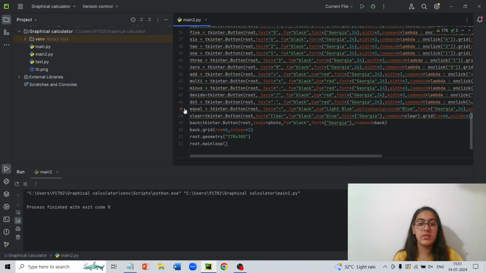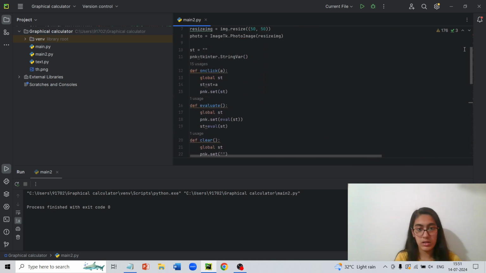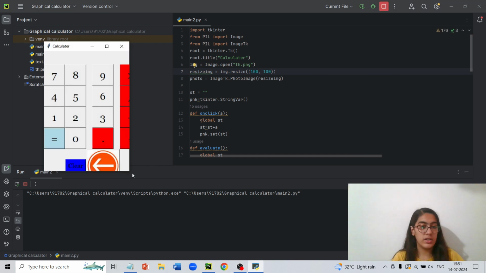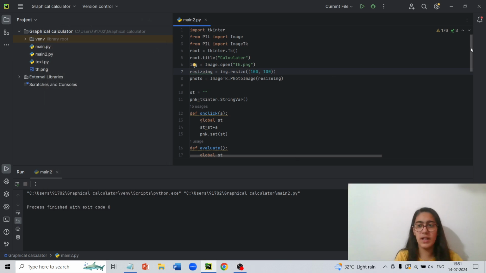Next we also have this image formation and clear button, which I already told you about. We can also change the size of the image by increasing the size up here. So image equals to 50 comma 50 I have put in. Let me show you how 100 comma 100 will look. It will look gigantic. 100 comma 100. Run. The image again becomes gigantic, dislocating the whole calculator. So this is what I have done.